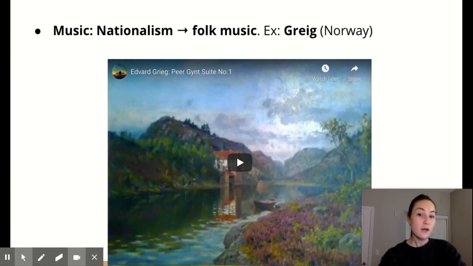Similarly, in Russia, we have the growth of Igor Stravinsky, who is a Russian composer who composes for the Ballet Russe, which is a ballet company that's coming out of Russia at this time. Particularly, he composes some very famous works: Firebird, The Rite of Spring, and Petrushka. These are all music that was for ballets, and the stories in the ballets were all based on Russian fairy tales. So we can really see the growth of nationalism in things like this.